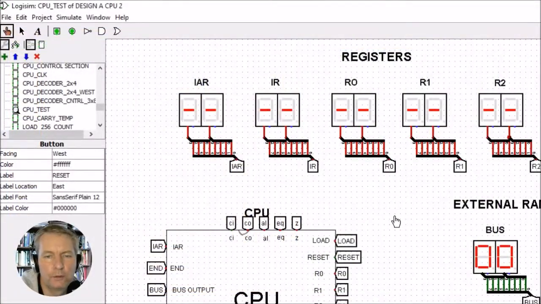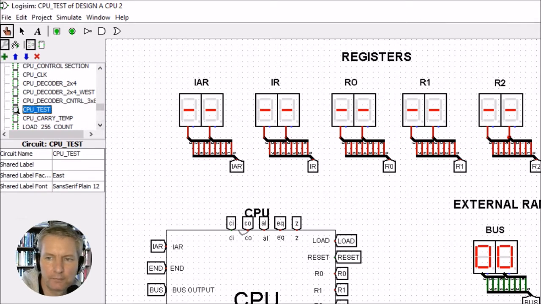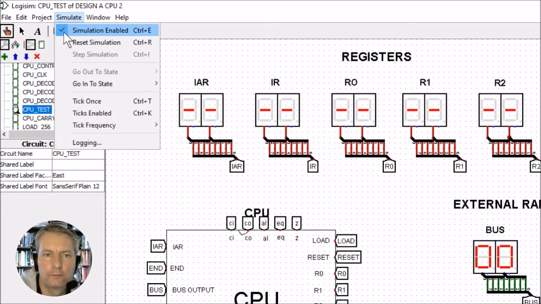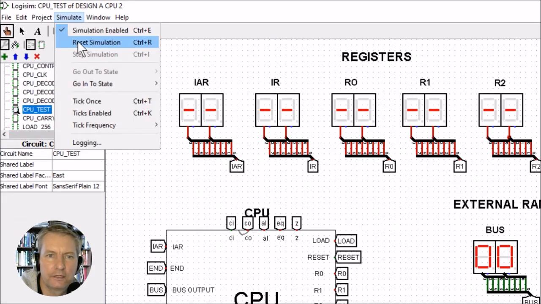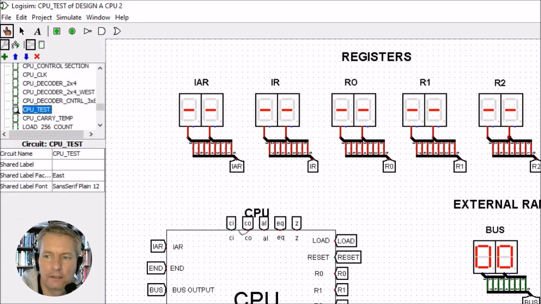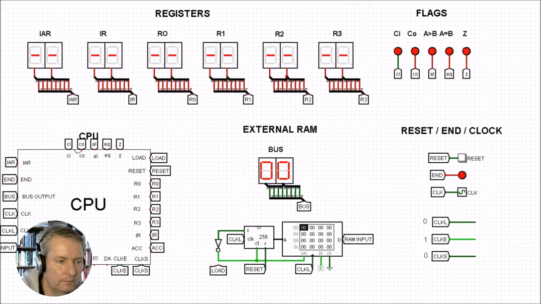So go ahead and open up Logisim, and then open up the CPU design. Head down to the CPU test and double click, and you should have this page here. Let's load in our program. In order to do that, we have to ensure we've got the little tick here, and ensure we've got the little finger here as well. So if you click on reset, and then click on the reset over here,